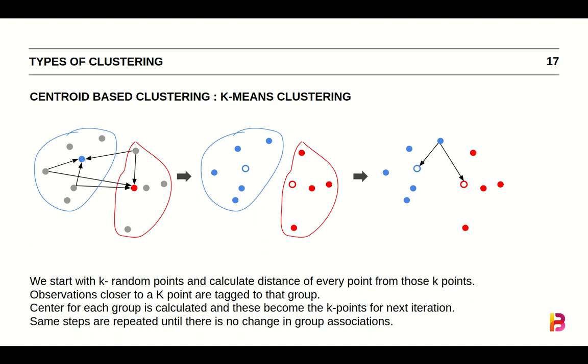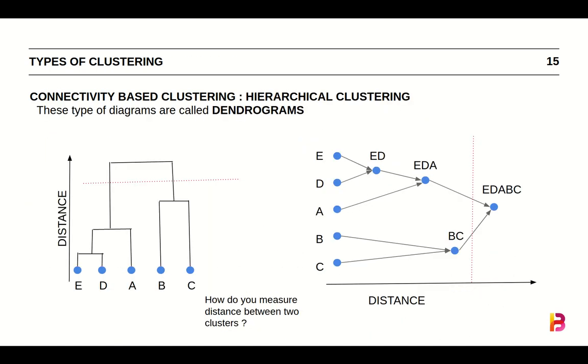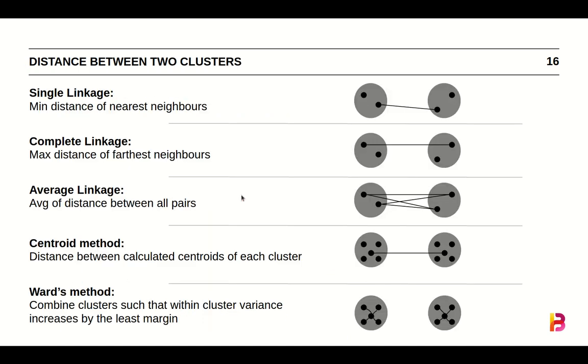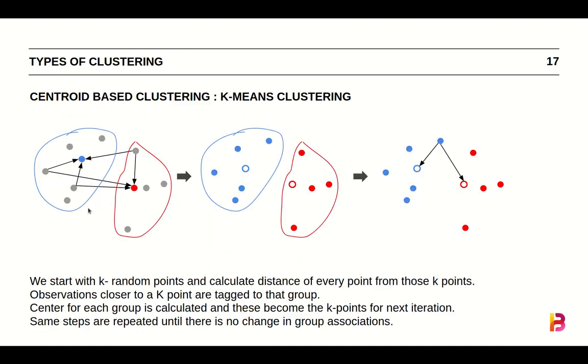Now the next broad type of clustering I want to discuss is centroid based clustering. The earlier one was called connectivity based clustering. Now we would understand a centroid based clustering. One of the most popular ways of doing this clustering is called a k-means clustering. So I would discuss k-means clustering here. This is implemented in Python by a very specific algorithm called Lloyd's algorithm, and this is just for information if you want to know on how k-means is implemented in Python. So this is called Lloyd's algorithm.